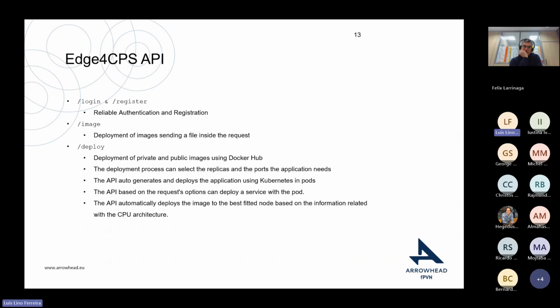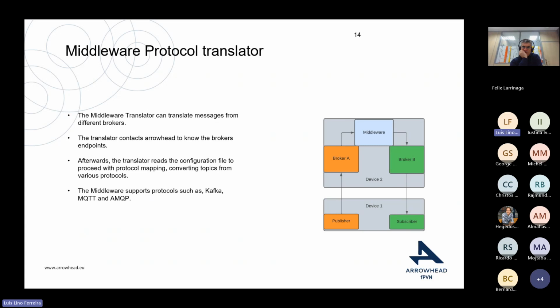We have the image service that is able to deploy the images by sending the file. And the deploy service makes the deployment of the image in a specific node. So basically this is what we have on the EDGE4DPS. I will just talk